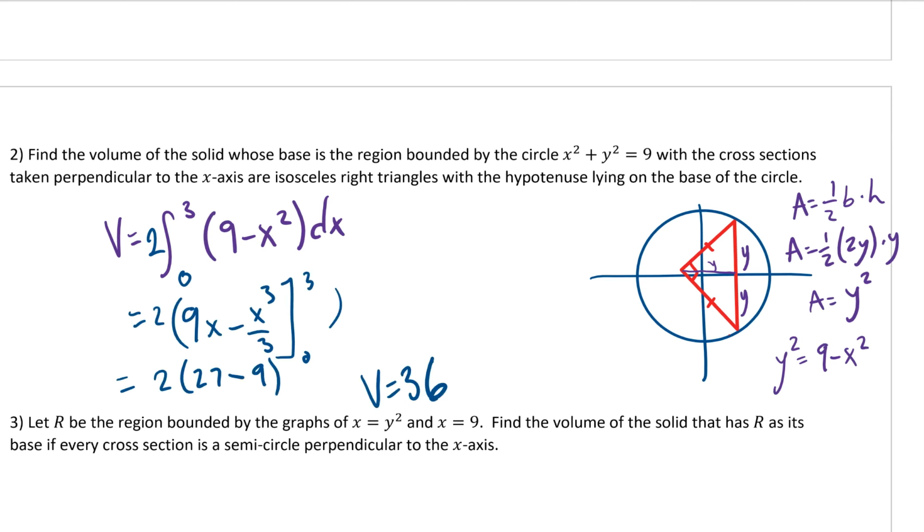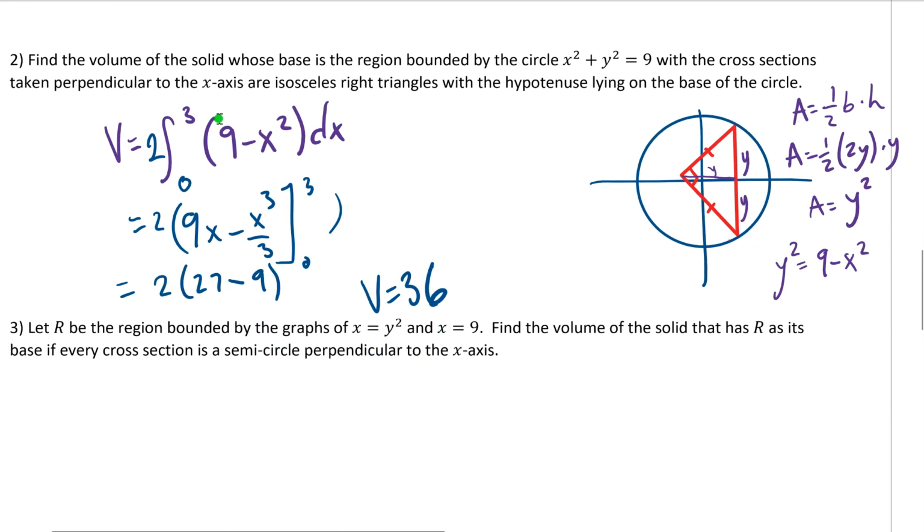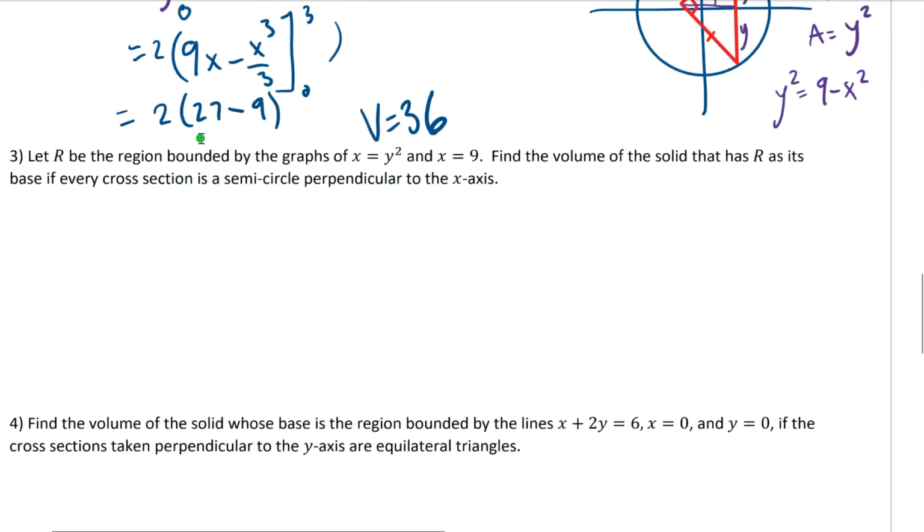I kind of ran out of room, but I got my volume is equal to 36. Pretty cool question, right? There's a couple cool little tricks that we can use like that. So what I'd like you guys to do is go ahead and try this